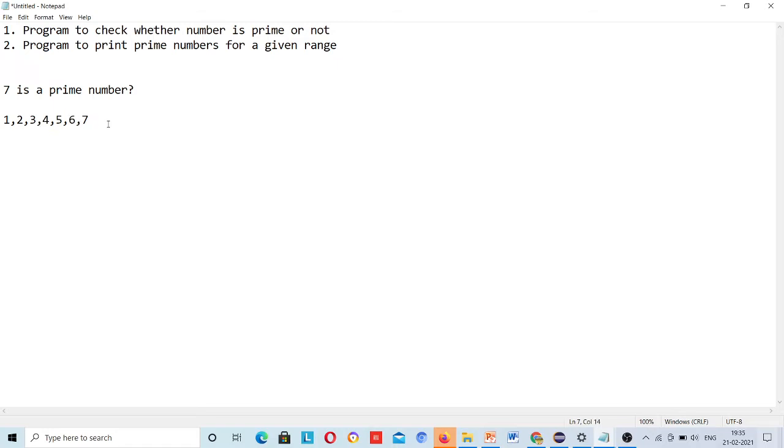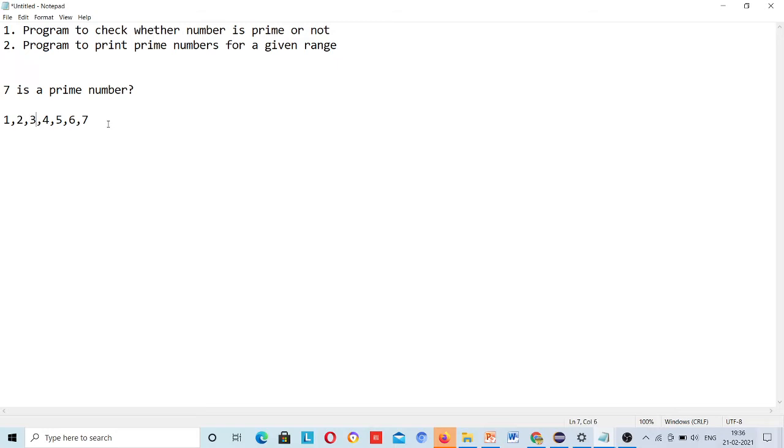If I say write a logic for this prime number program, you need to know what a prime number is, then you can write it. If I ask whether 2 is a prime number or not, of course 2 is divided by itself and 1 only, so 2 is a prime number.